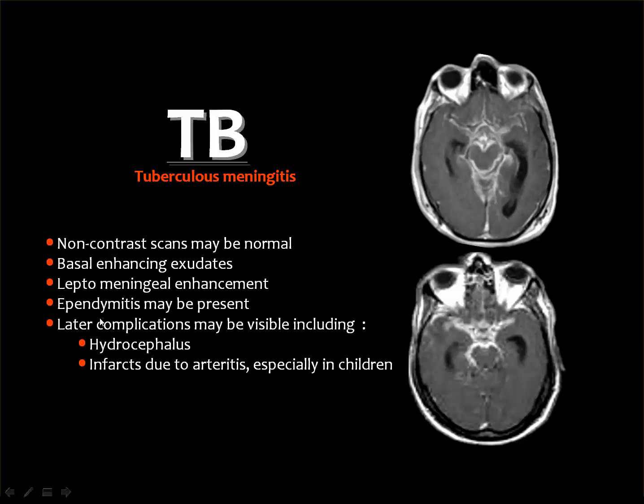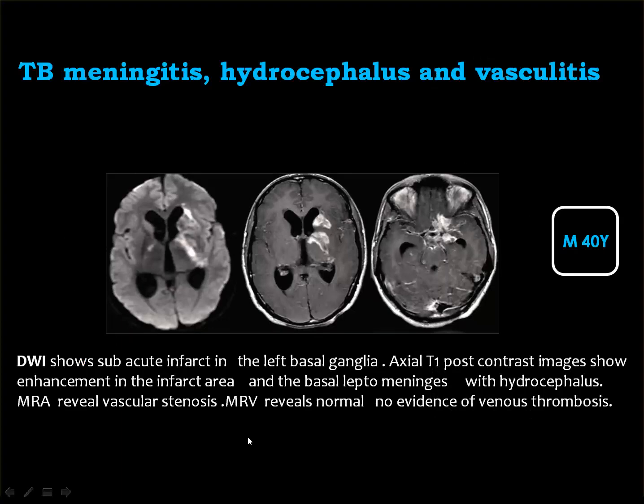Then extension of the inflammation to the ventricular wall will result in ventriculitis or ependymitis. And the common complications include the development of hydrocephalus and the presence of vascular affection leading to ischemic changes in the brain parenchyma. And this is an example. This is the diffusion weighted image, and this is a T1 post contrast. And also, this is a T1 post contrast. You can see enhancement of the leptomeninges,